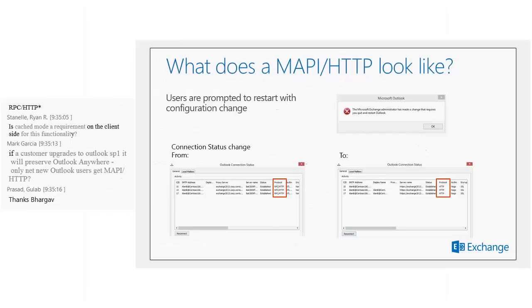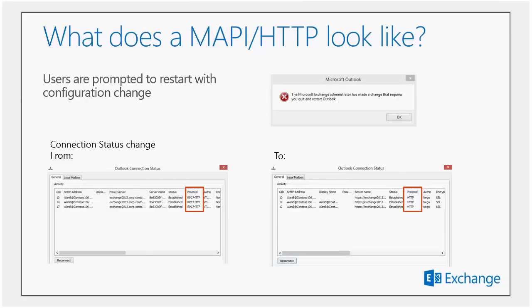And it's actually the client making that discovery. The client itself is going to reach out and discover, hey, I'm MAPI HTTP compatible. Server, are you ready to go with this? If so, then it's going to say, hey, let's reconfigure our profile to be able to communicate that way. From a connection status change, you're used to seeing the protocol as RPC HTTP in the past. After the switch is made, after I restart, you're going to find that the protocol